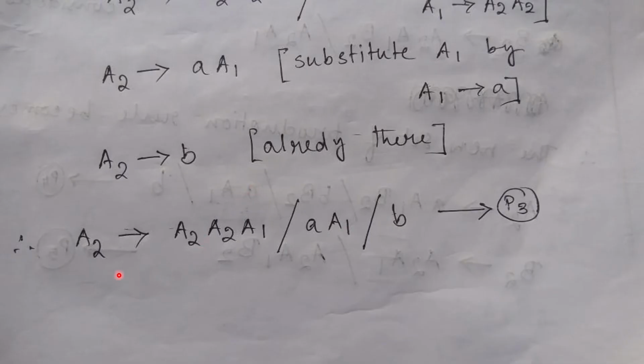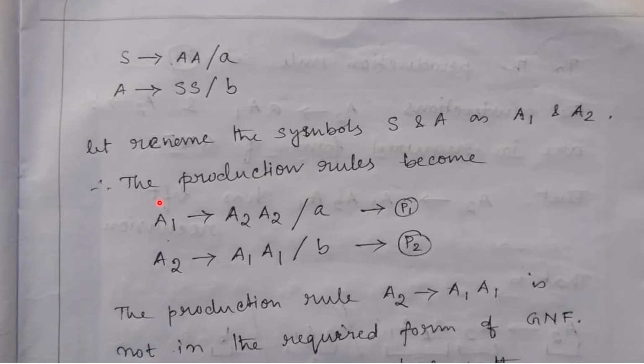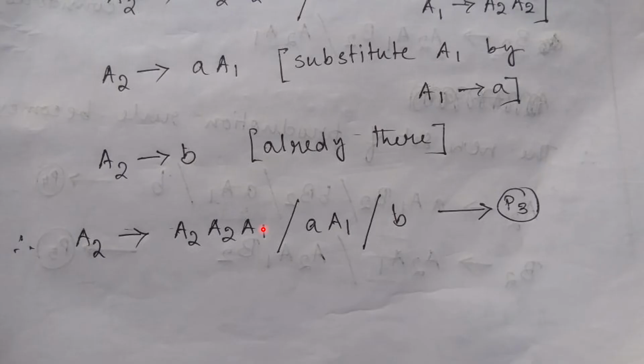So with respect to these two rules, if you go to this particular production rule, you will see that a2 to a2 a2 a1 is not in GNF. It is following the rule of i lesser than or equal to j, that is correct, but still it's not following the rule of GNF. But a2 to a1 is following the rule, a single terminal followed by a non-terminal, that's okay. But a2 a2 a1 is not following. Similarly, this production rule a1 to a2 a2, although here i is lesser than j, still it is not following the rule, so somehow we have to make them correct.